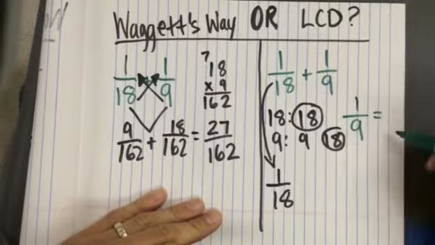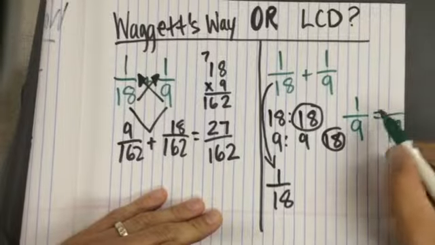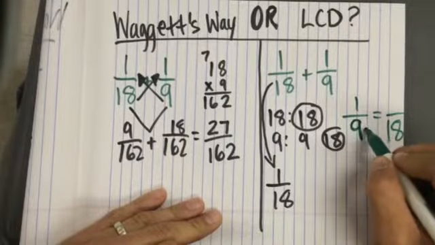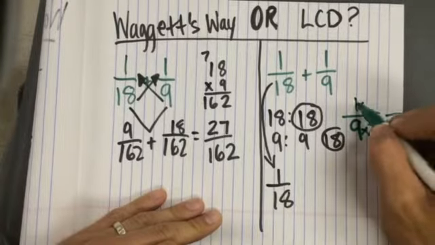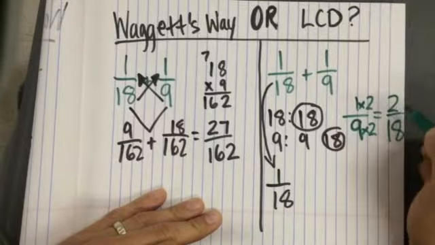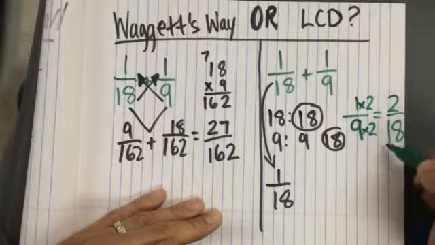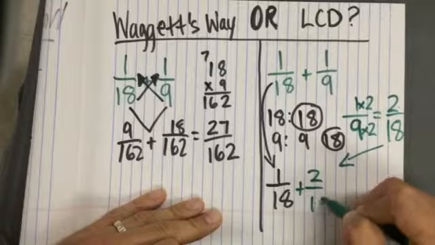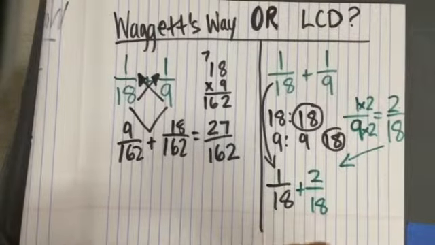So we've got to change 1/9 into 18ths. What do you multiply 9 by to get 18? You multiply it by 2. So 1 times 2 is 2. So now we've got 2/18ths. We're going to bring that 2/18ths back down here. We're going to add it to 1/18, which will give us